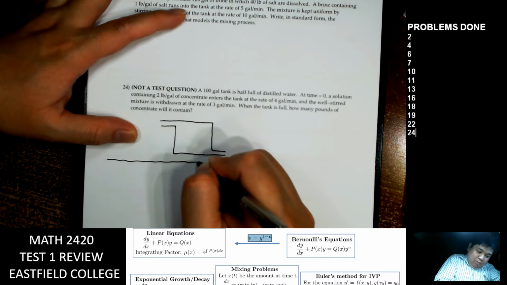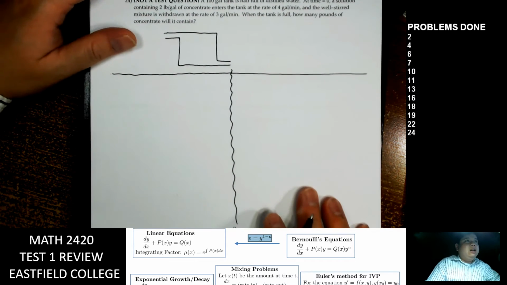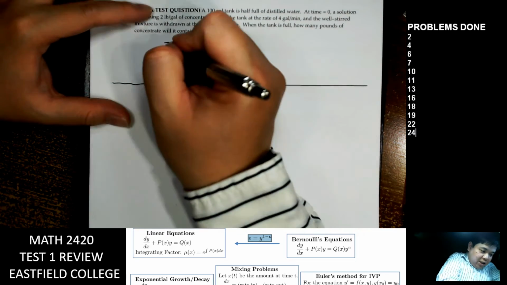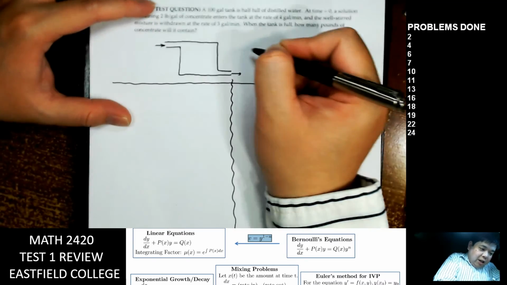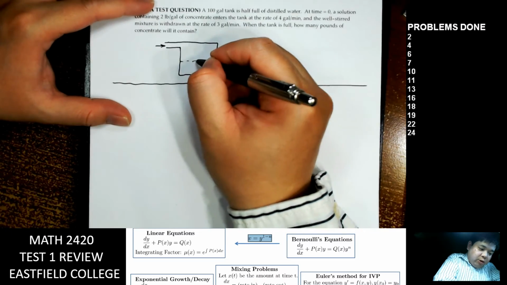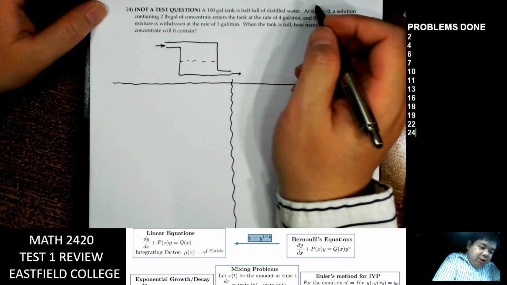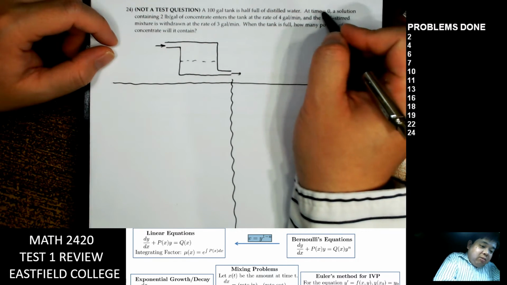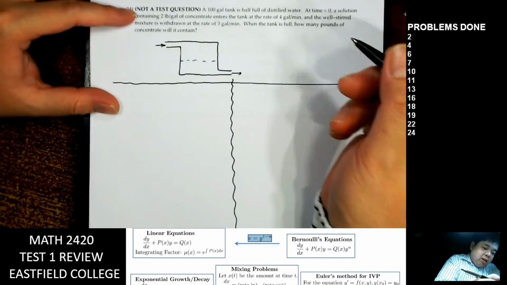It is maybe a long problem, so we do the problem down here and summarize. It is the tank that is half full, so half full of distilled water, which we'll talk about later. At time equal to 0, a solution of 2 pounds per gallon